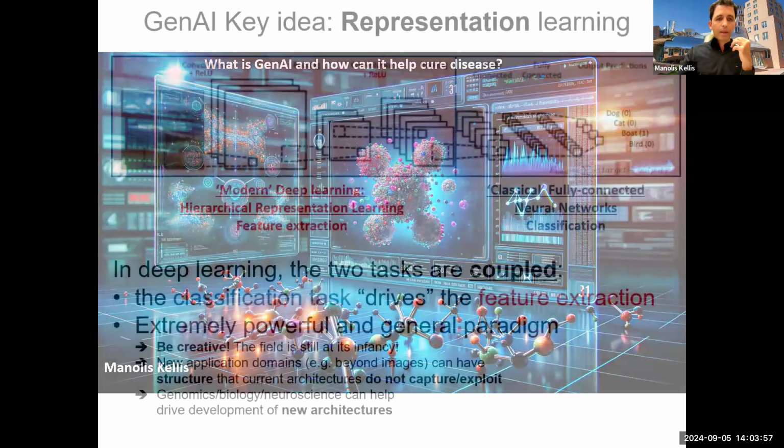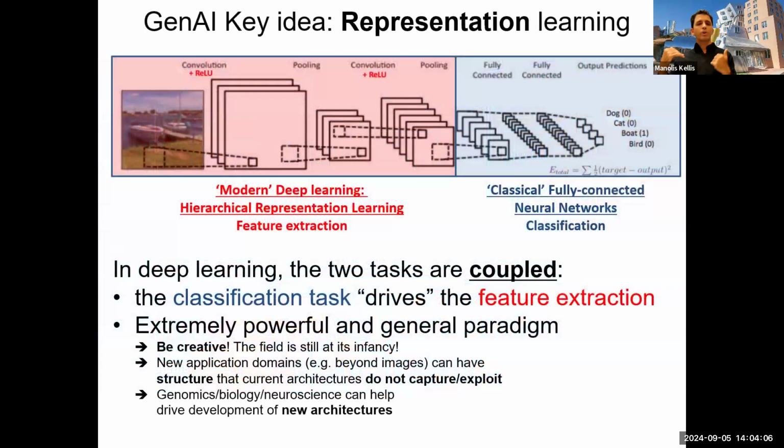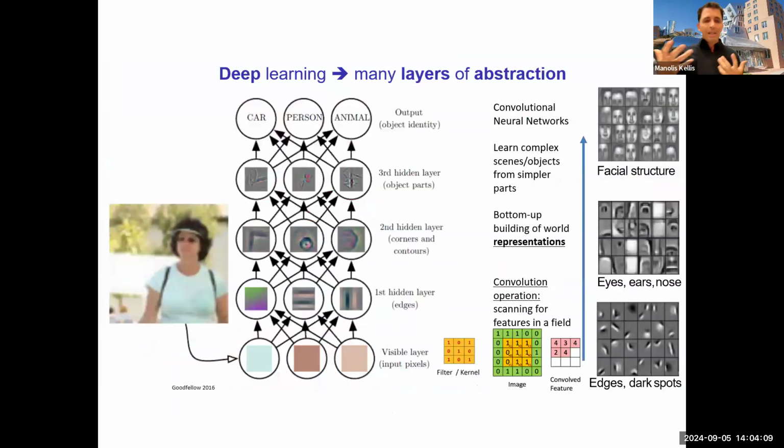And then the next part is how do we understand the structure of chemistry, of protein folding, and all of that, again, through these representations. So what do we mean by representation learning? When an AI understands this image and says it's a person carrying a backpack, okay? What does it do? It starts out with pixels, just like our retina. So basically we have pixels, picture elements, projected in the back of our retina.